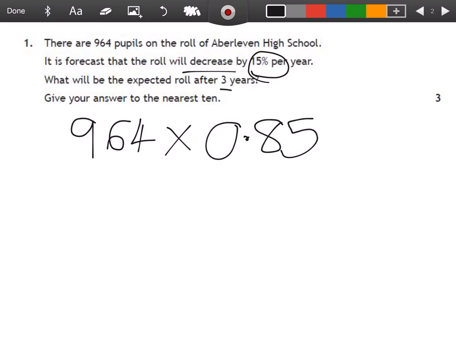And because it's 3 years, we do this to the power 3. Okay, remember, if there's any other question that you would have done slightly different, just take your calculator, work it out, and see if you get the same answer. Because quite often there can be a couple of different ways of doing the same question. So what I've got here is 5, and please do check this yourself. Okay, I've got